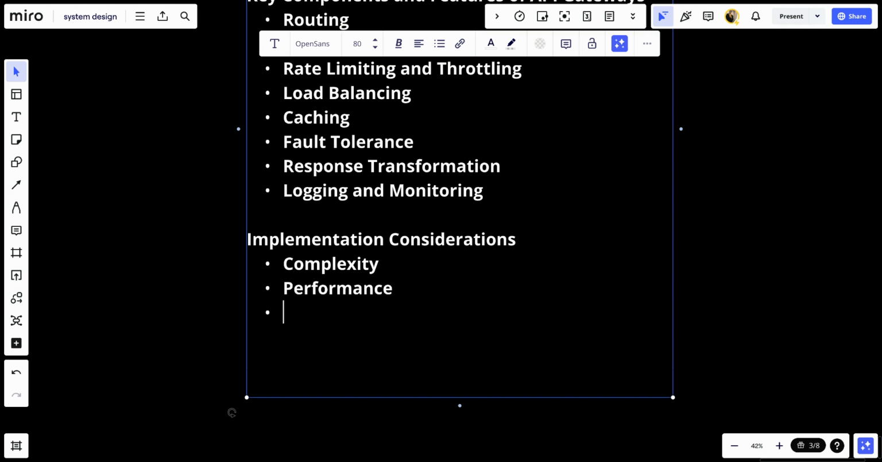Number three, we have reliability. It needs to be highly available and resilient since it is the entry point for all requests. Failure in the API gateway can result in the failure of the entire system